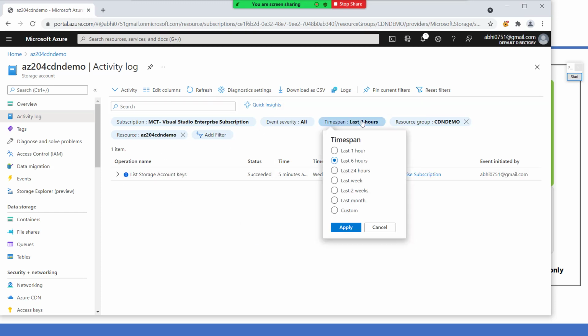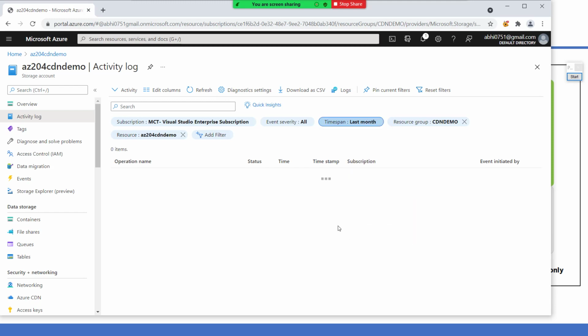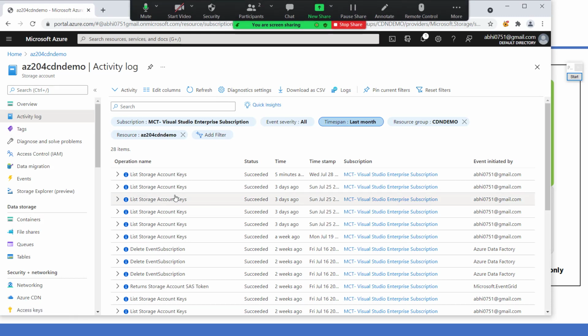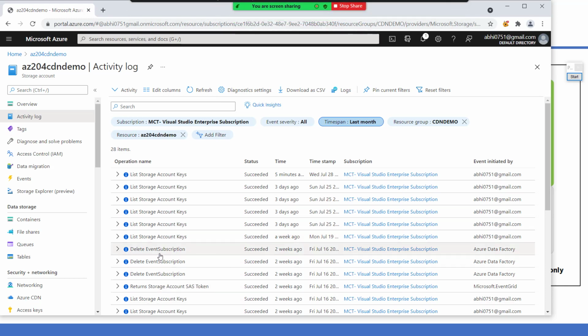I can define the time span here, say last month, and we have the log here, right? You can see list storage account keys, returns storage account SAS tokens, etc. Delete event subscriptions. Okay, these are the kinds of scenarios you have.